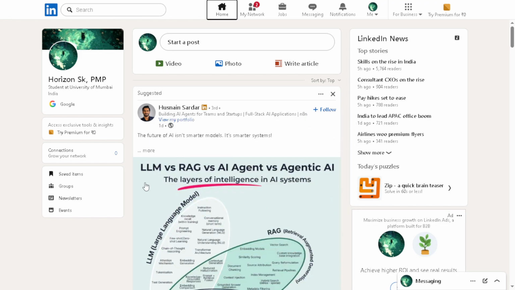Let's get started. The first step you want to take is to go to your profile. You can easily do this by clicking on your profile picture or your name, which you'll find on the left-hand side of the LinkedIn homepage. Alternatively, you can also click on the Me icon located at the top of the page to navigate directly to